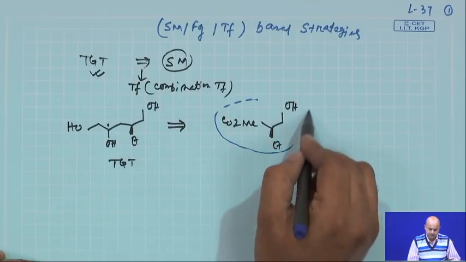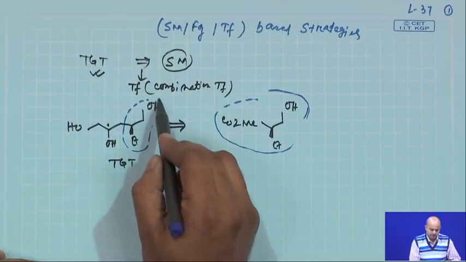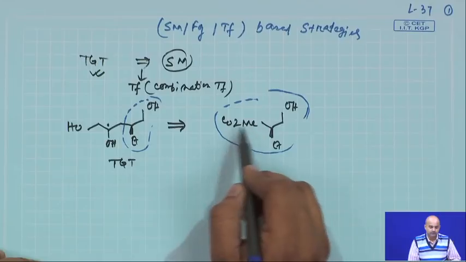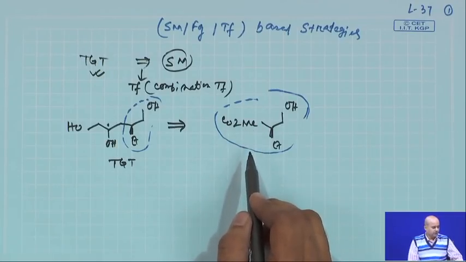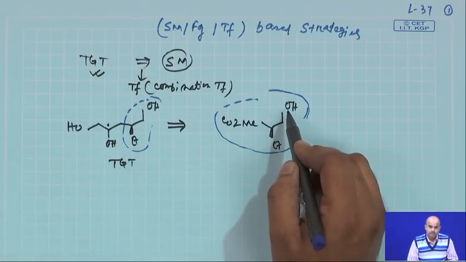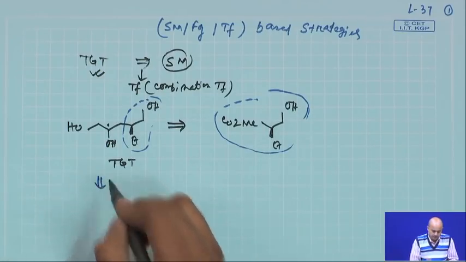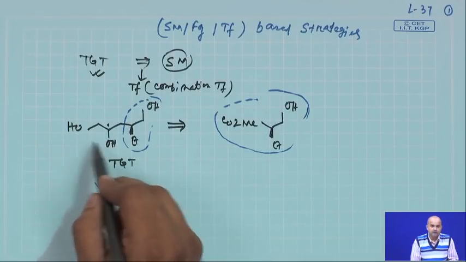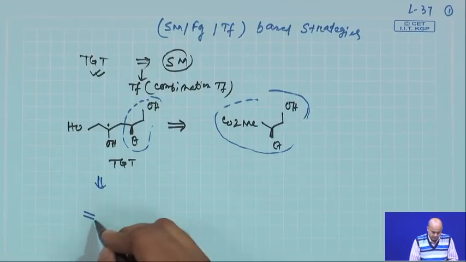So, you can think that this part of the starting material is basically similar, this part is basically similar, the only thing is you need to extend on its left hand side. And eventually in the whole strategy you will find that the initial starting material has a primary hydroxy group. So, let us now do the disconnection. Now, on this left hand side you are having the diol, basically a vicinal diol. So, vicinal diol probably you can think of by